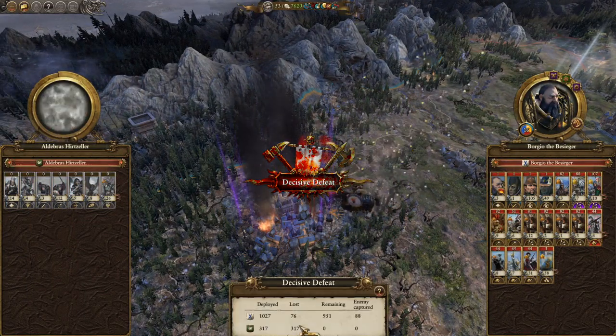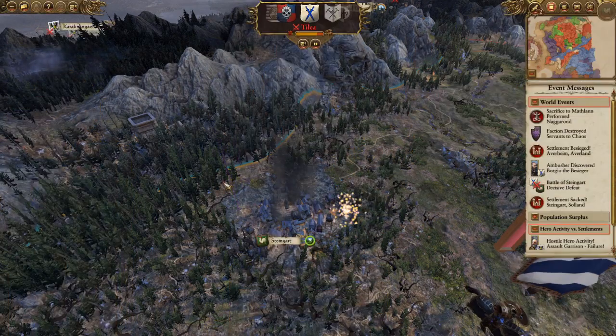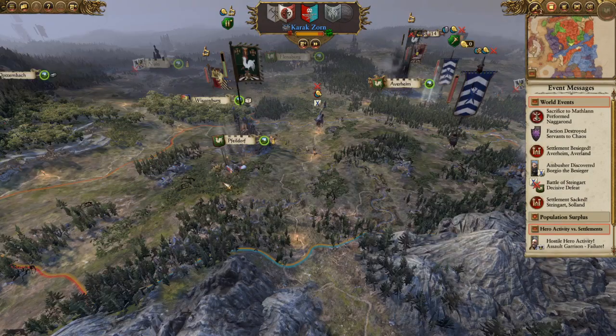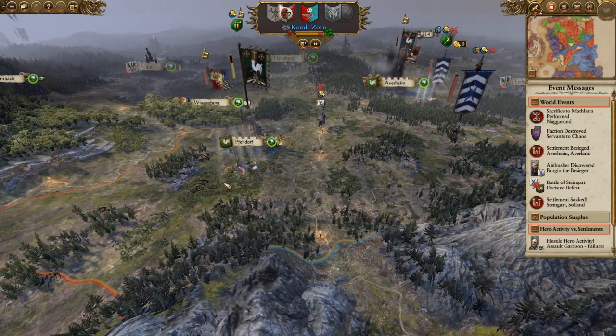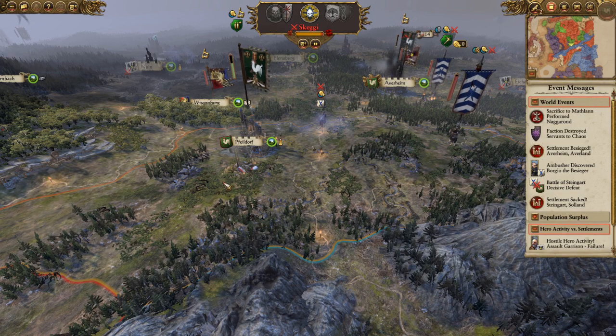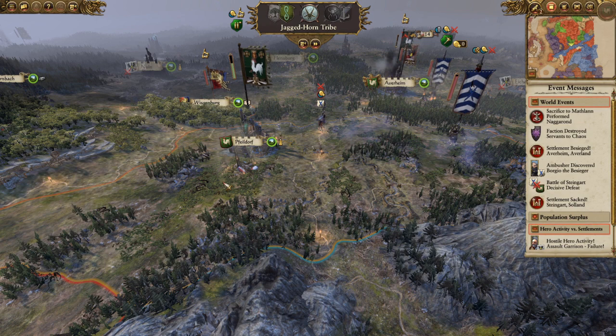Well done, you took Steingart. No, you just sacked it. Fine. Oh, Bretonnia settled Wissenberg. If I had a full army there, that would have been a bad move. Not that I could reach it in 1 turn, but...